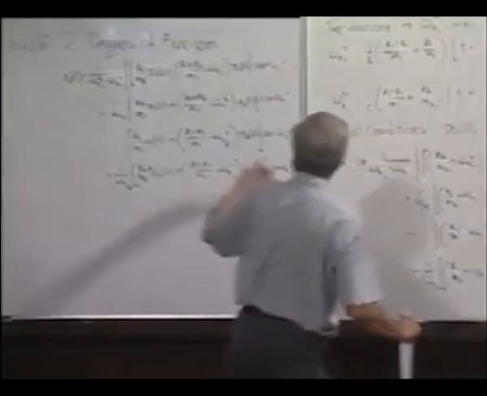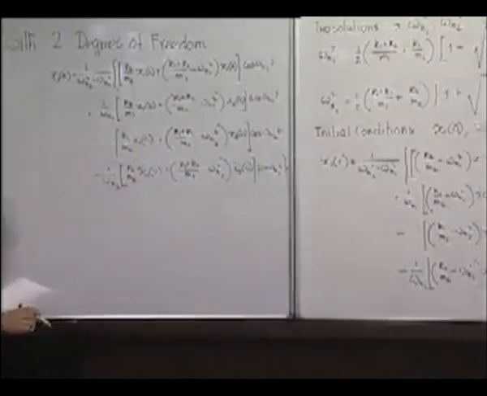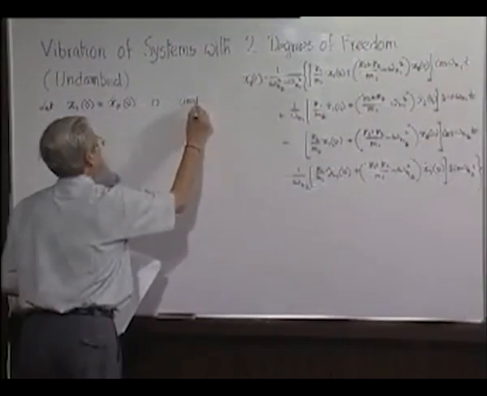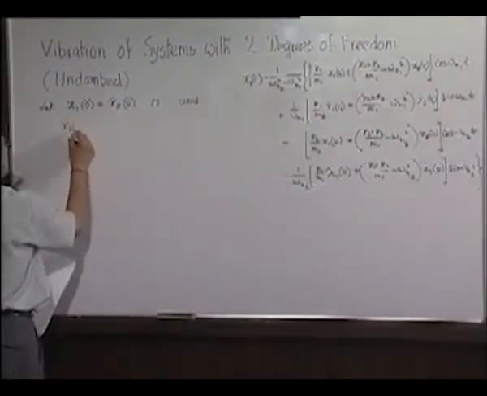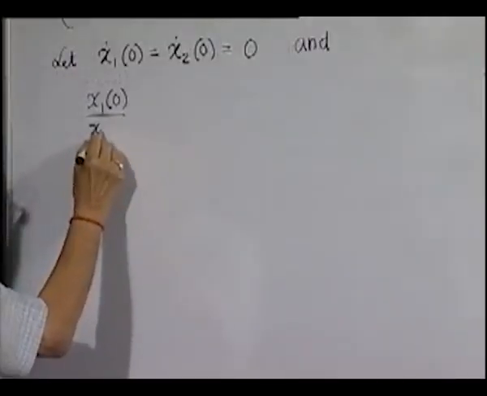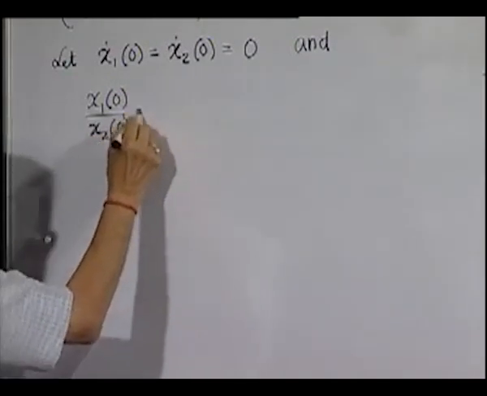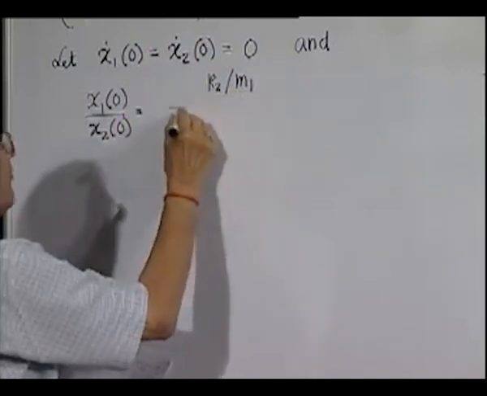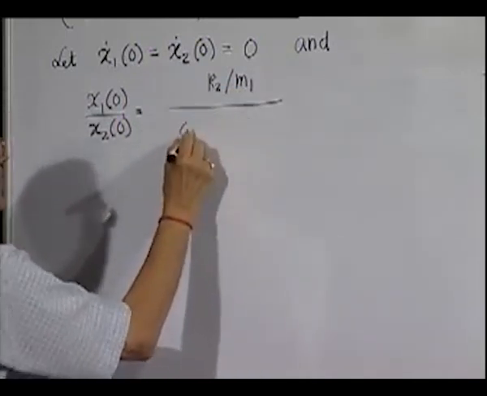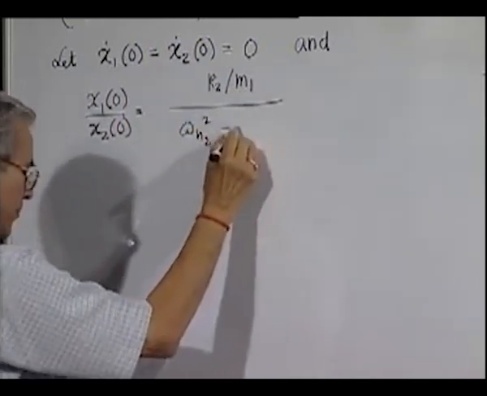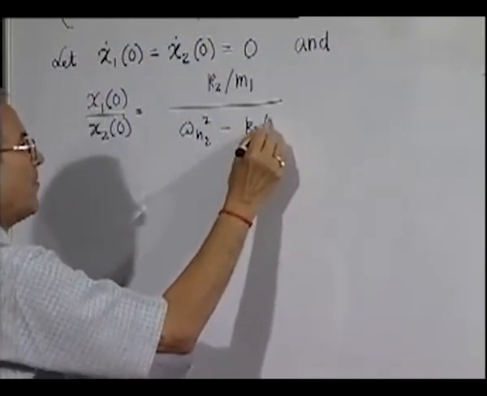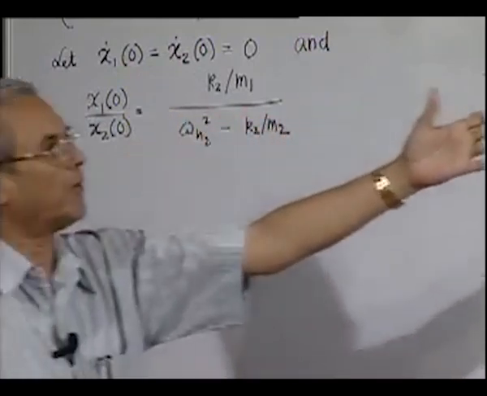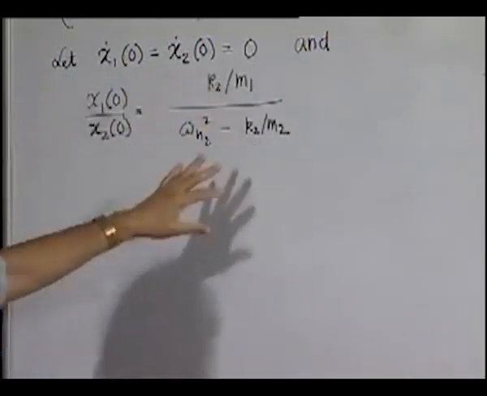Say for example, let both x1 dot 0 and x2 dot 0 be equal to 0. That is, there was no initial velocity given. So immediately the sine terms go. Next we give x1 0 by x2 0 is